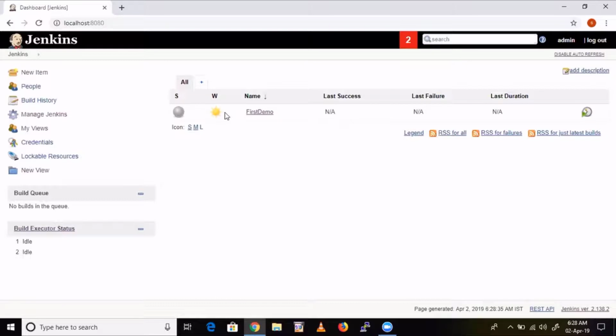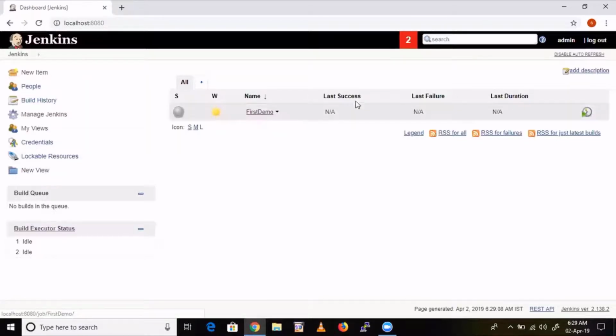Okay. Next, you can see here the weather report. It's kind of a trend, the previous track record. Out of the last 4, if all 4 builds failed, here it will show cloudy and rainy. If 3 are successful and 1 failed, it is cloudy, but not rain. If 2 are successful and 2 failed, a little bit sunny, a little bit cloudy. Like that, it will show the trend, the previous track record.